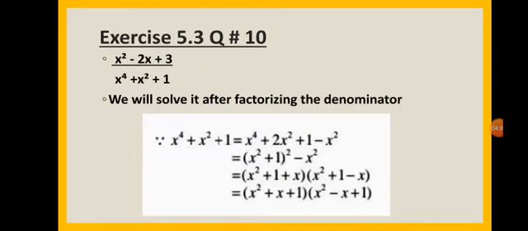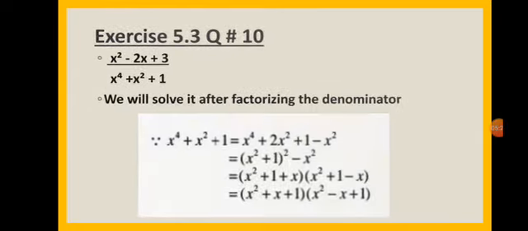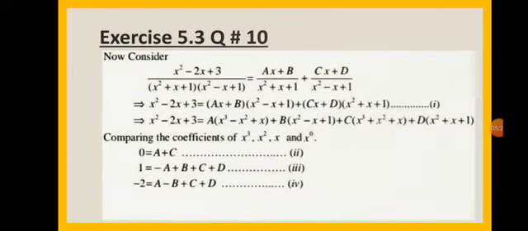So first three terms makes x square plus 1 whole square and minus x square remained, but it's a formula of a square minus b square. So we first add these factors x square plus 1 plus x, and then we subtract these factors x square plus 1 minus x. Rearranging the factors, x square plus x plus 1 is the first factor, and x square minus x plus 1 is the second factor. Moving to the next slide, students,